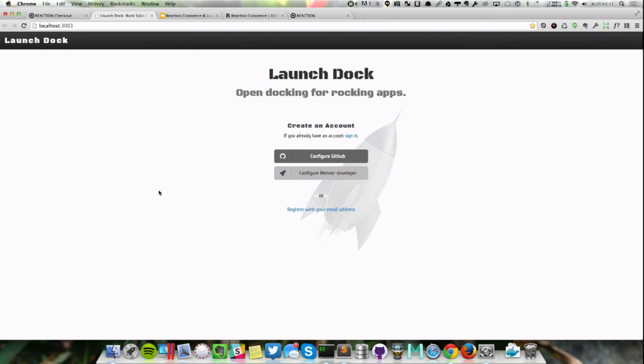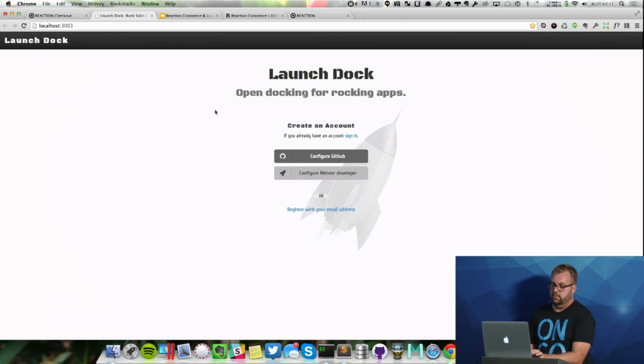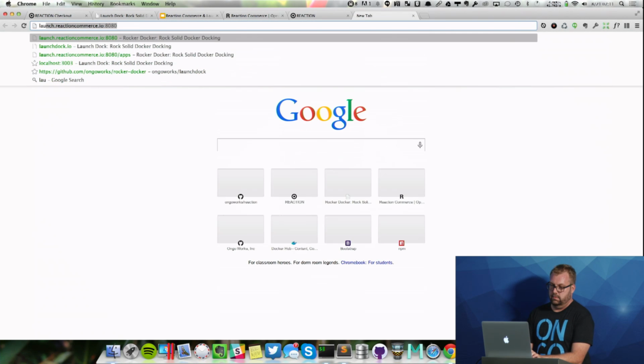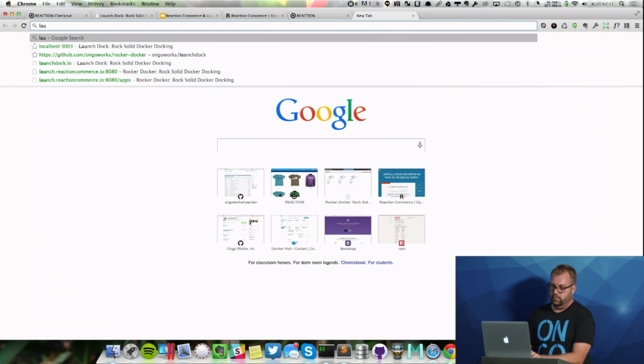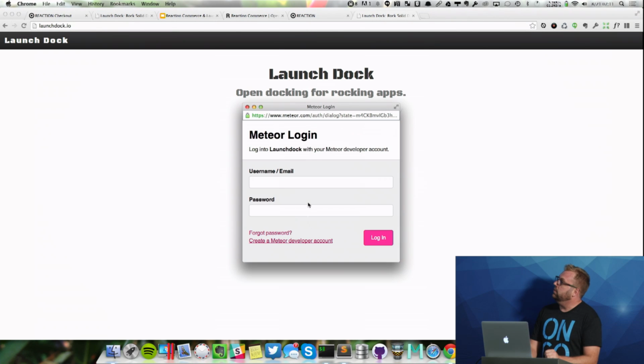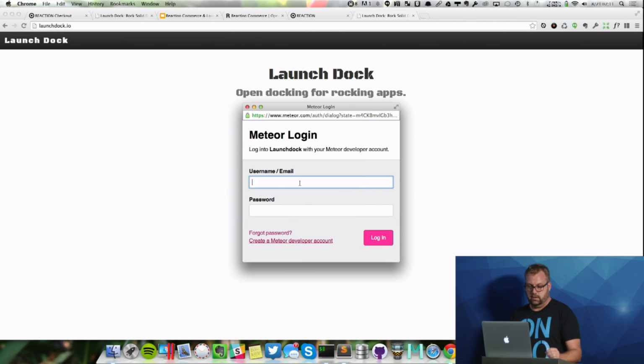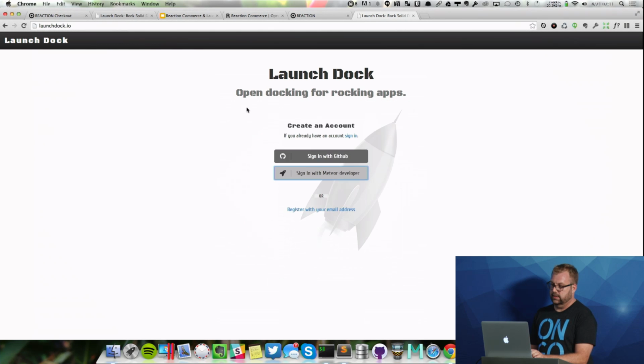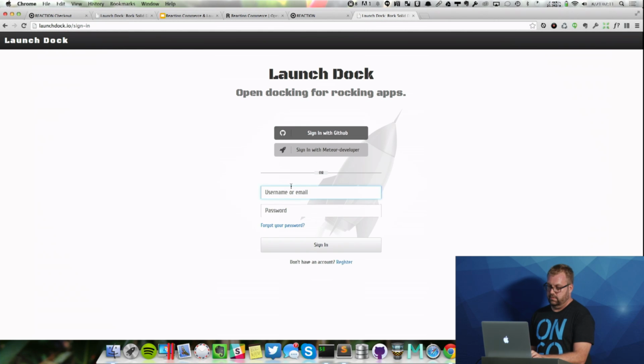I'm going to go back and demo LaunchDock. This is the live version right now. You guys can use your Meteor developer account, or you can use the secret code of LaunchDock if you want to test. I already have an account, so